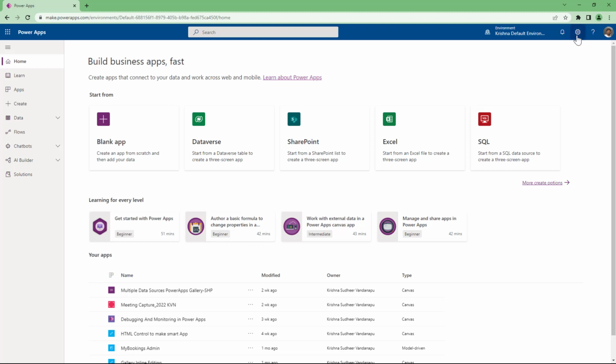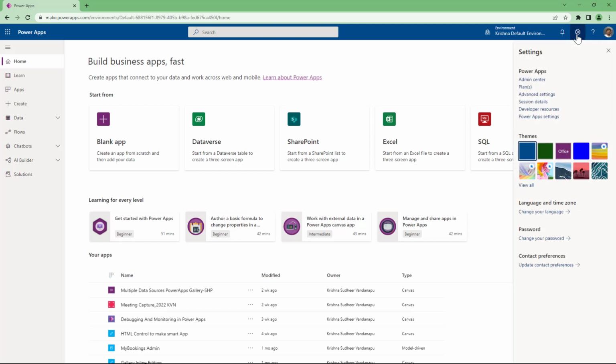We also learned this icon, the settings icon, which we call the gear icon. When you click on the gear icon, we see some more options such as admin center, which